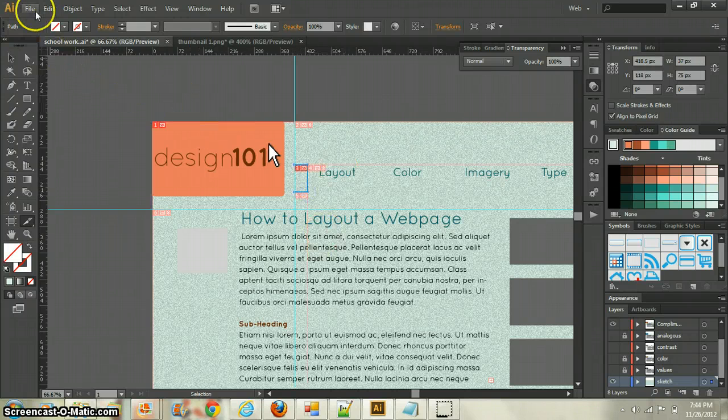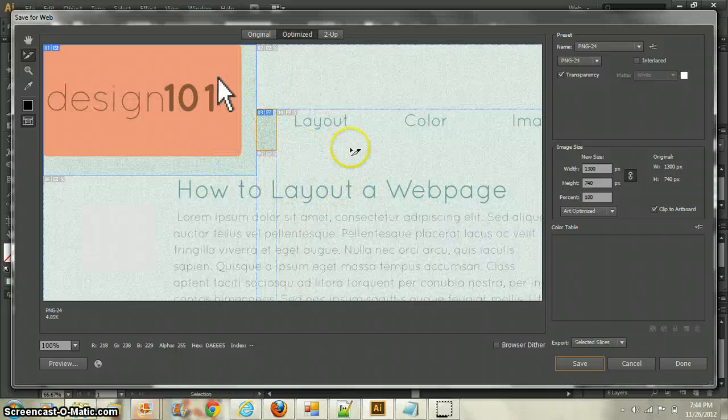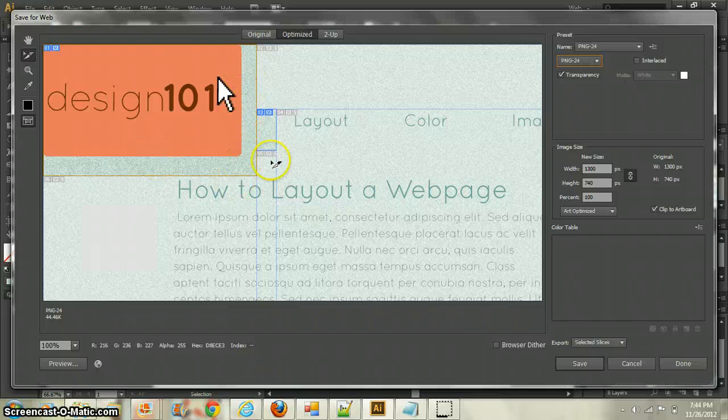Okay. And now I'm going to go File, Save for Web. It's going to pop up like this, so I'm going to make sure that it's on selected slices because I want to save each individual slice as a different picture. So I'll start with this one and change it to PNG. That way it's transparent. If I didn't have a background here, then it would be transparent, but since I have a background, it shows up. So I'm just going to save it